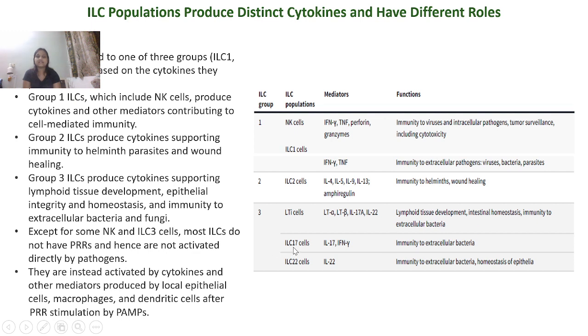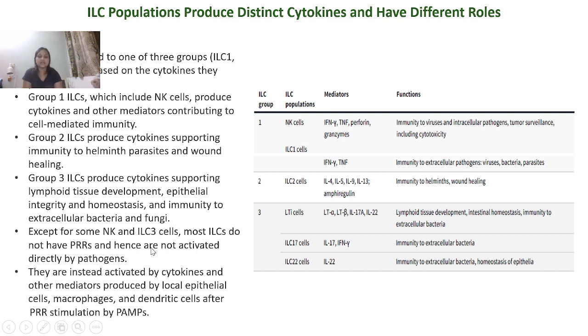And ILC17, due to the production of IL-17, they are named ILC17 cells. They will also produce IFN-gamma, and they give immunity to extracellular bacteria. And ILC22 will produce IL-22, and they also give immunity to extracellular bacteria, as well as they cause homeostasis of epithelia. So, except for some NK cells and ILC3 cells, most ILCs